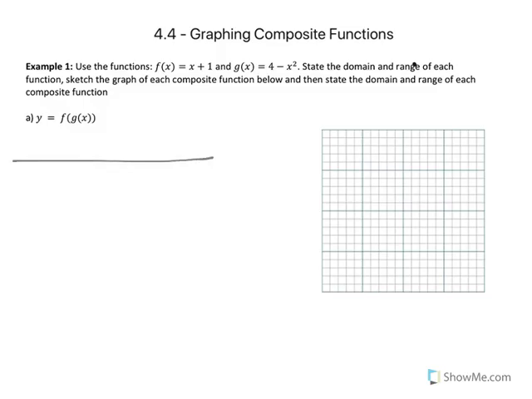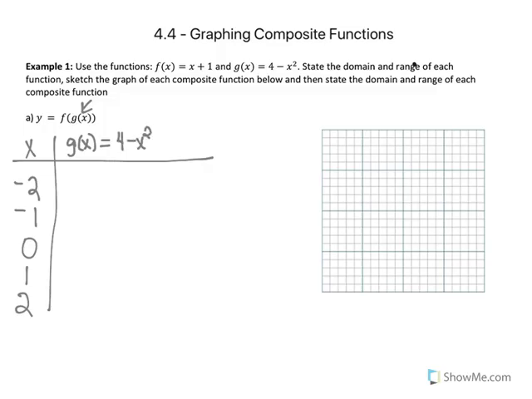So what we're going to do is we're going to choose our x values, and we're going to be really easy. -2, -1, 0, 1, 2. And then we're going to do our inside function first. So we're going to do g of x. So that's 4 minus x squared. And then we will do f of x after, which is x plus 1. So we're going to plug it in and figure out our y first. So we're going to plug a -2 in for x squared, so 4 minus -2 squared, so 4 minus 4,